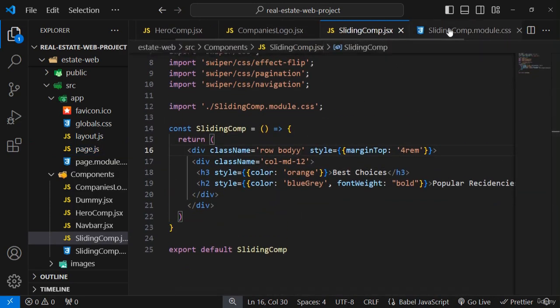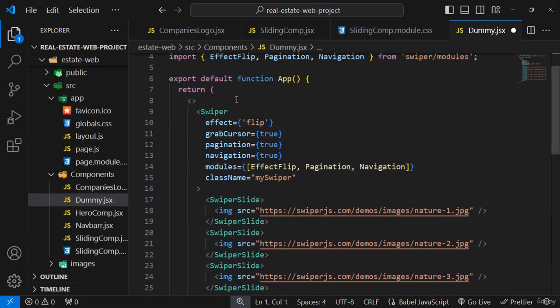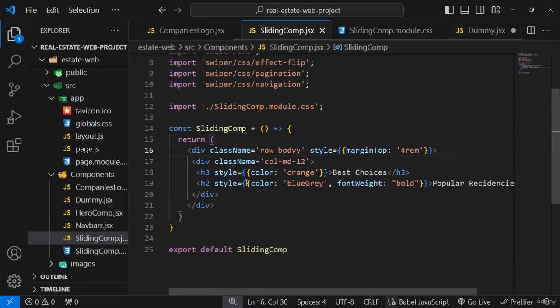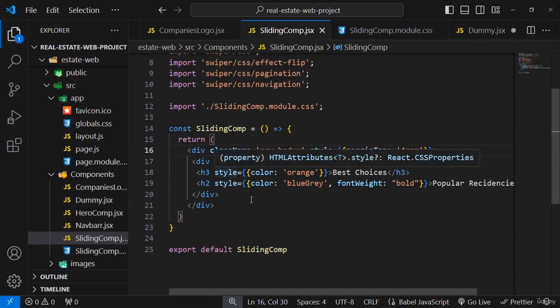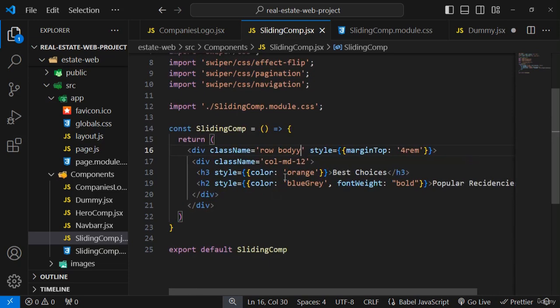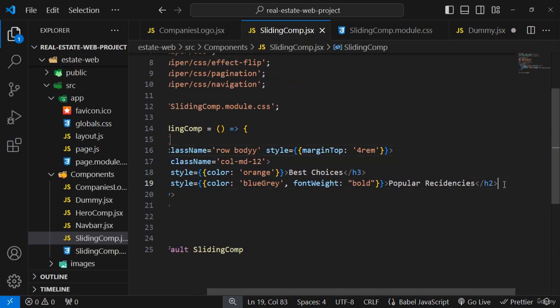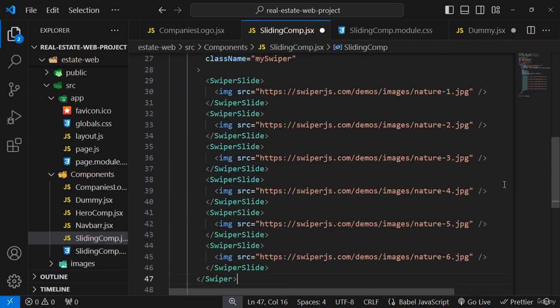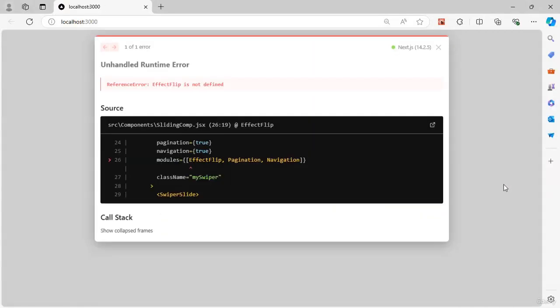We have not written the code inside that, so I have to crop that swiper from here and paste inside that swiping component. I am going to paste it inside that component. Control V. Now if I save it and the page is going to refresh,